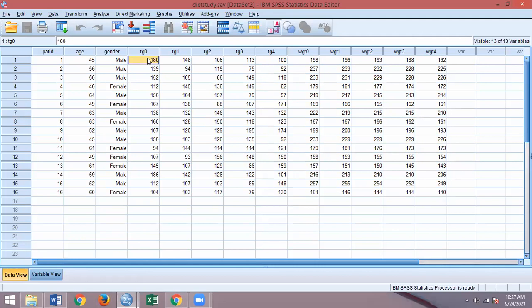Here, the triglyceride level, they reduce the level. The weight is automatically